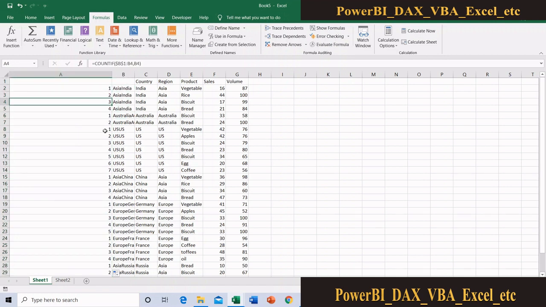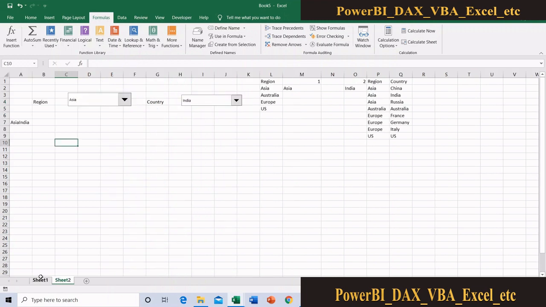In this row, how many US do I have? From here to this US, I have 5 US entries. Using this 1 2 3 4 5 we can easily look up in this sheet.